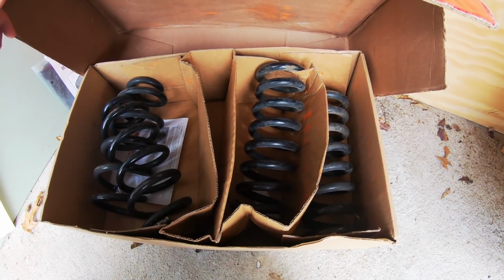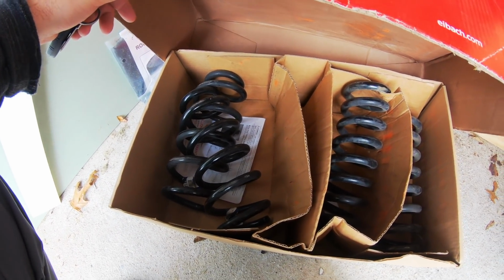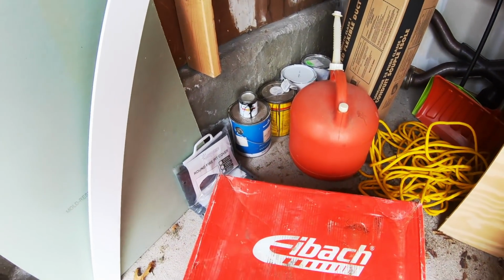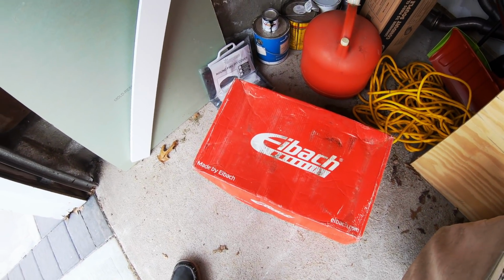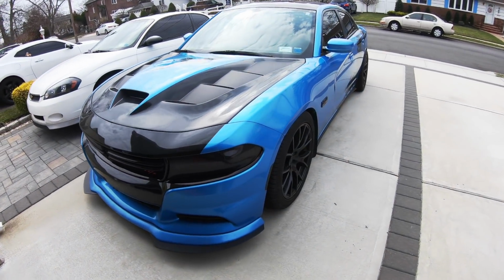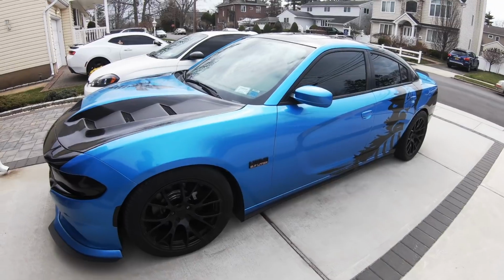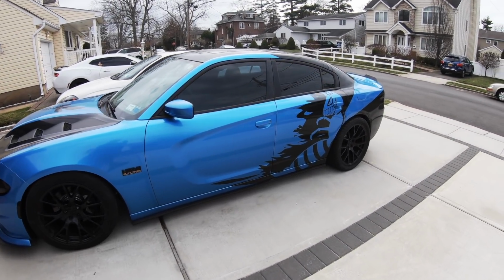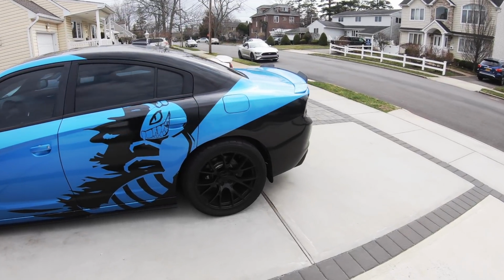Alright, so these are the stock springs. We're going to replace the Eibach Sportline lowering springs with these, and we're going to get the ride height back up so that there's no camber or anything like that. If you take a look